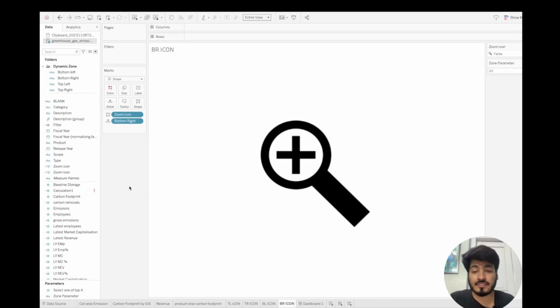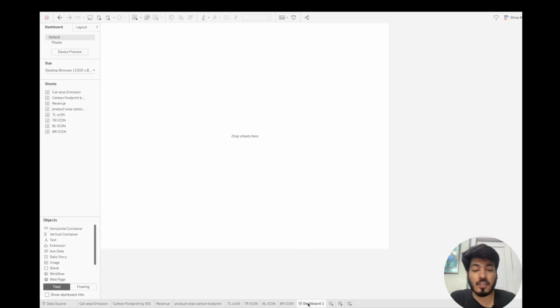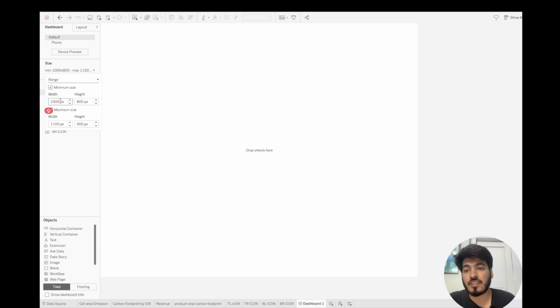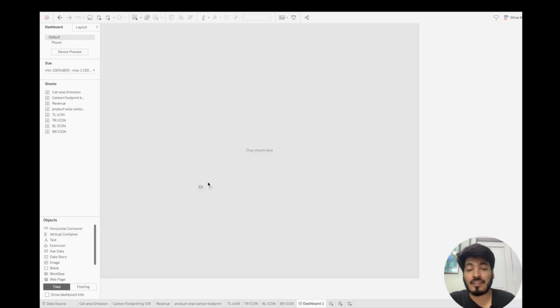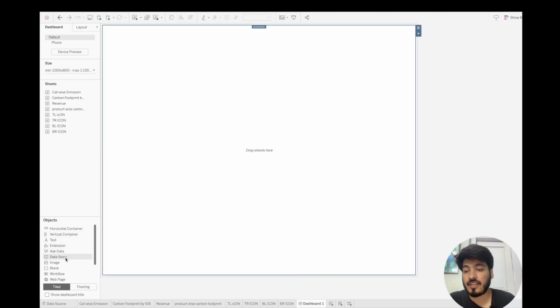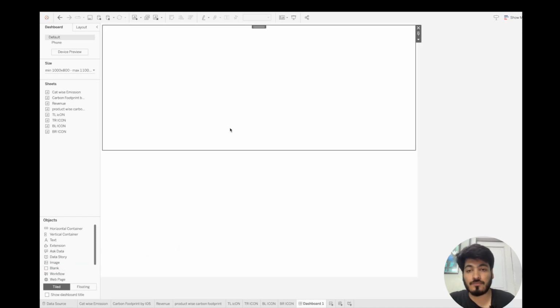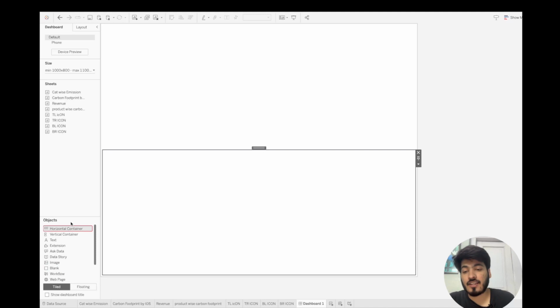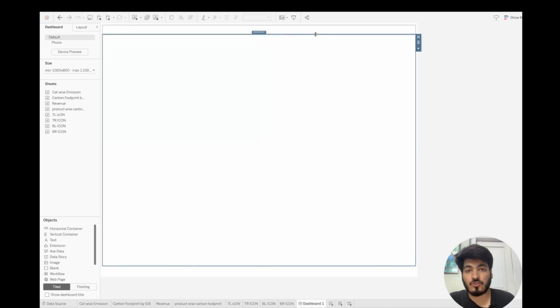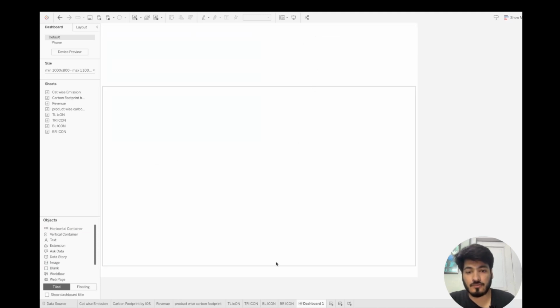Perfect. So now our icons are placed, our sheets are already built up. So now we have to build a dashboard. Just go to dashboard and give it a range, 1000 by 800 we are giving. Now I will drag the vertical container first, and after that I will drag two blanks up and down as placeholders, and after that I will drag two horizontal containers. So this is the first horizontal container,